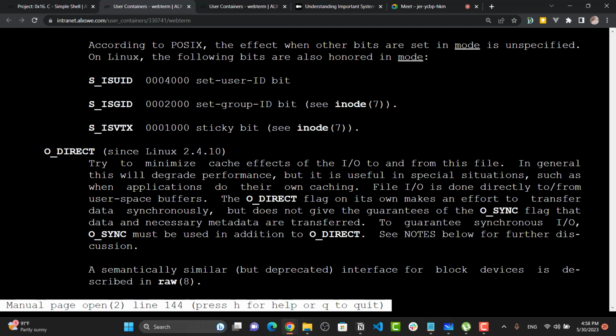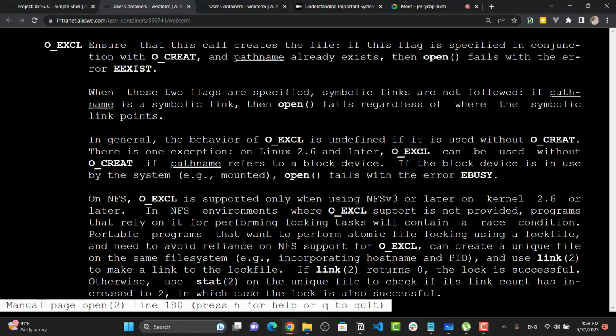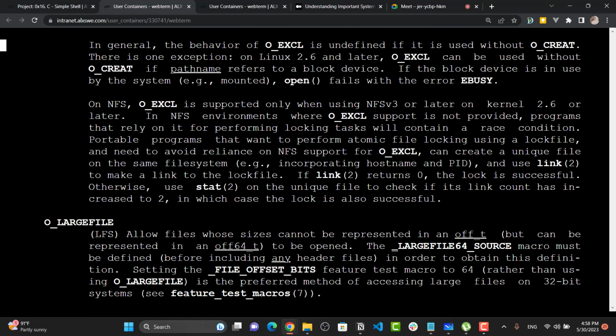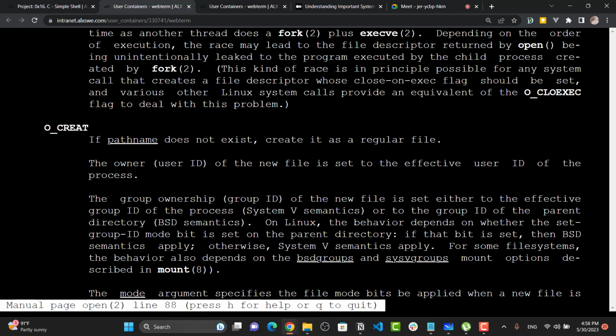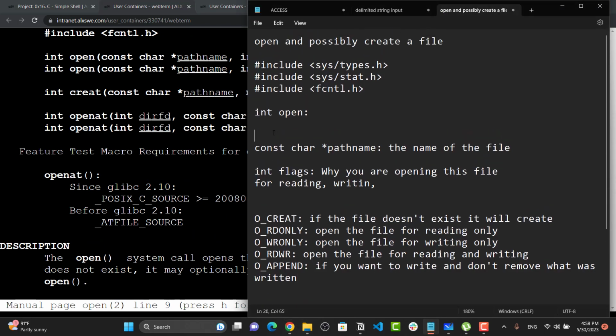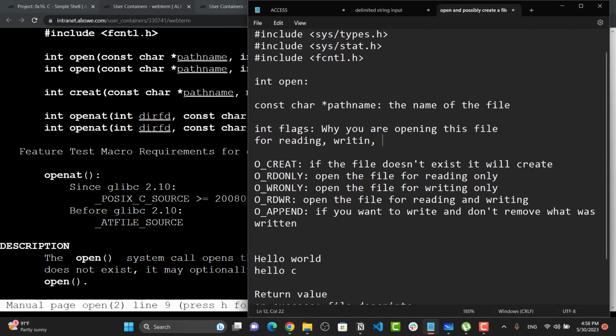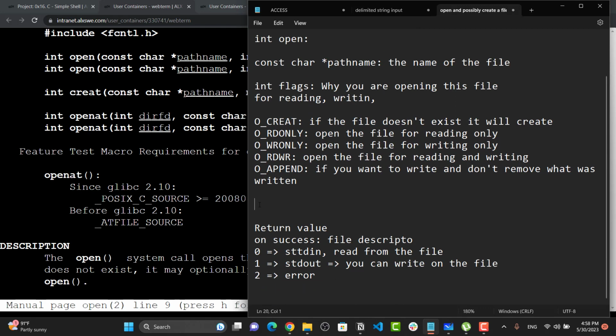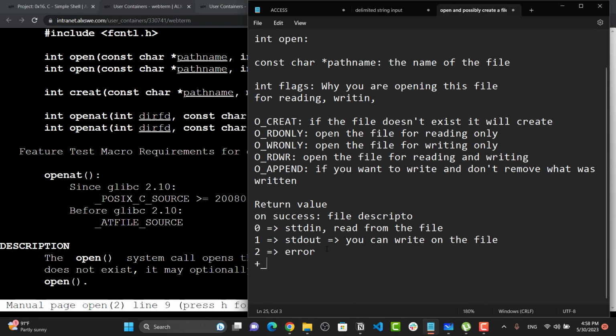Okay, I think these are the most common and most used ones. So if we just come back here, for using this function we have